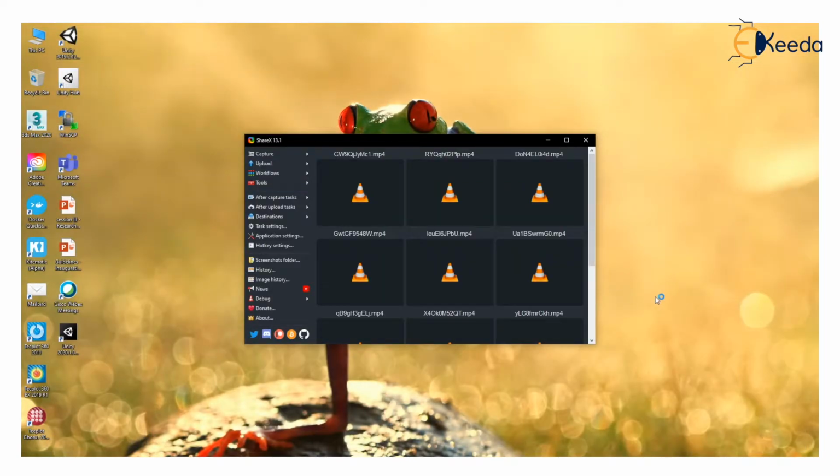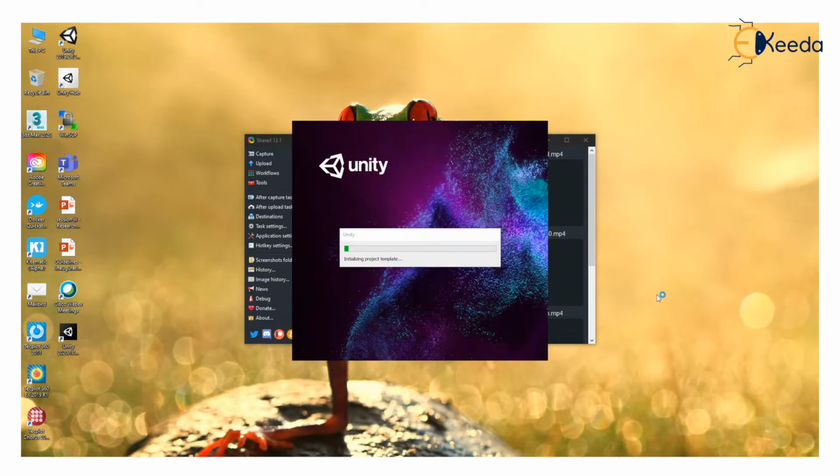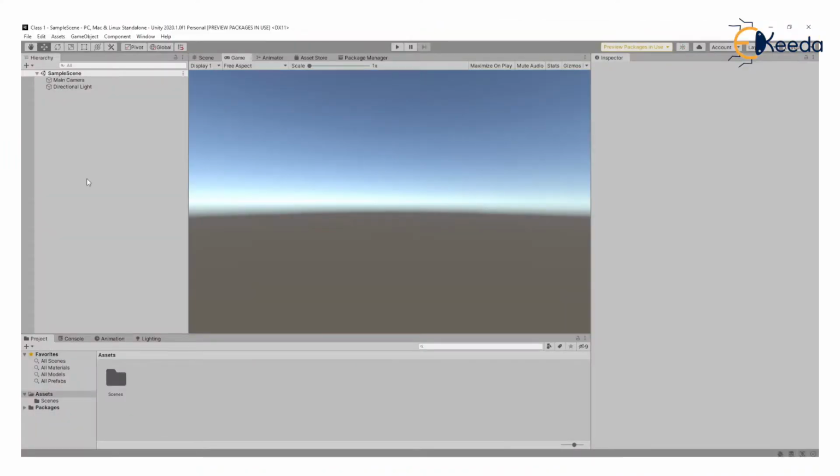It takes some time to load the various packages. As you can see, it's initializing the package manager and it's starting the various packages that Unity requires for running the 3D templates on our system. The screen that